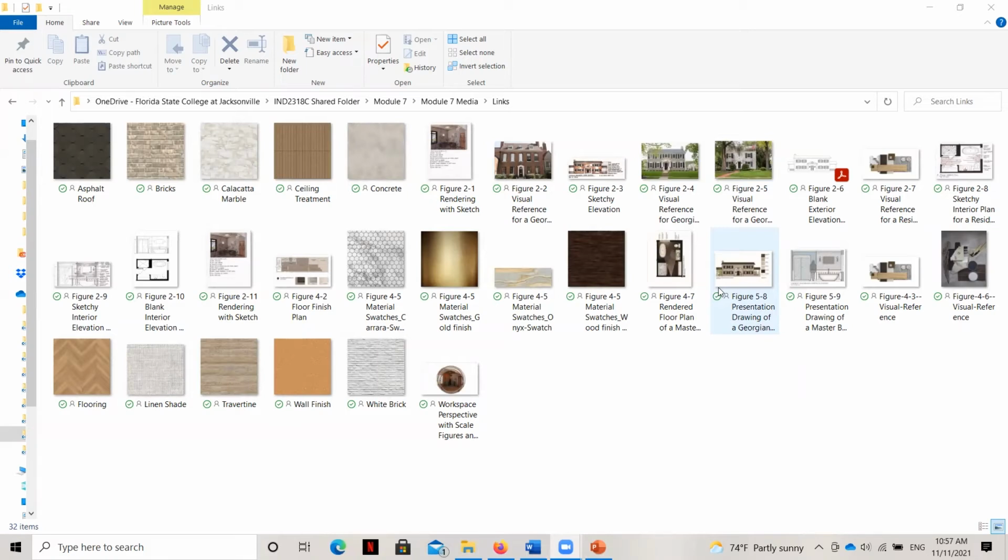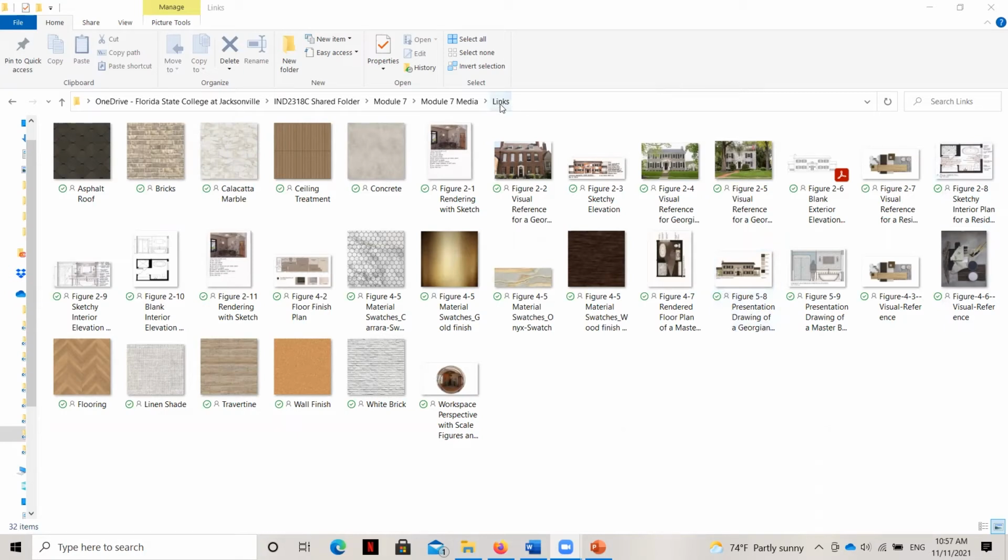And so it's really important as you're starting to think about a portfolio layout in InDesign that you gather all of the files that you're going to need and that you're going to be working with, and you put them all into a single folder called links. And you can see that's what I have here.